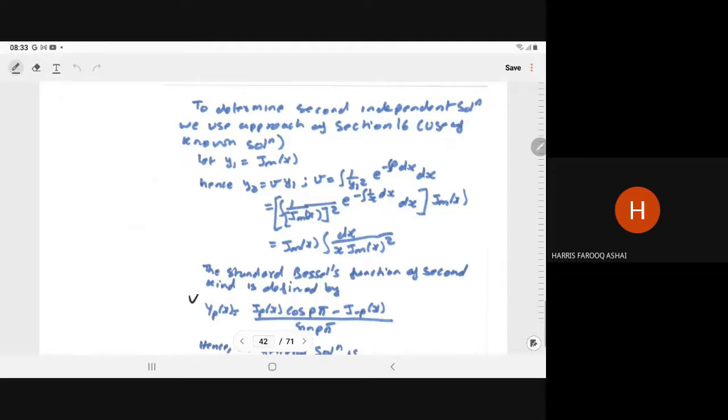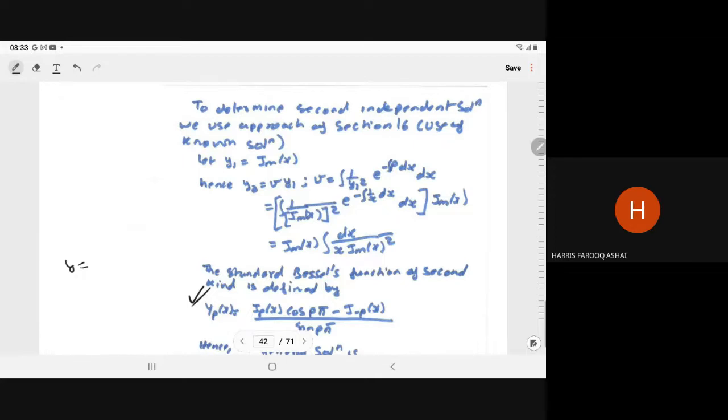So the standard Bessel function of the second kind is defined, and we write it as Y_p. Instead of J_{-p}, we write Y_p, and it is equal to (J_p cos(pπ) minus J_{-p}(x)) upon sin(pπ). This is linearly independent with respect to J_p. So the general solution will become